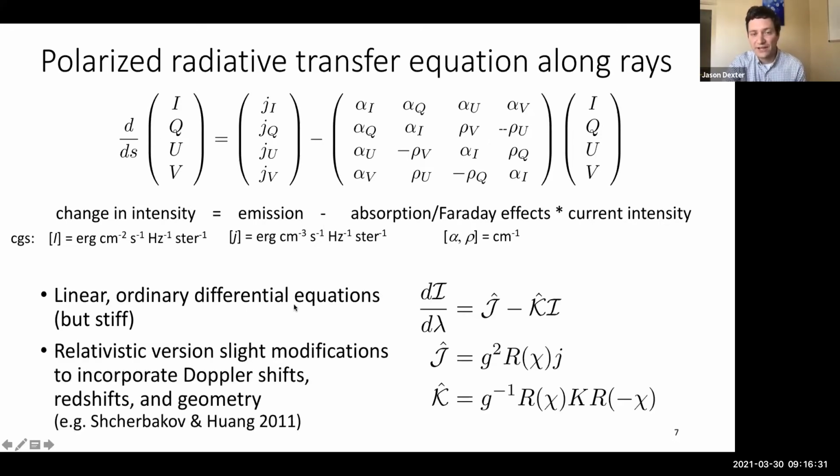Okay, and I'm showing here the relativistic version. I just want to make the point that these are actually only slight modifications to the basic equations that do not change the nature of the equations. But this is one way to write down a formalism for solving these equations that accounts for Doppler shifts and redshifts, using invariant forms of the different J, the emissivities here, and K, this matrix here. This also allows you to take into account the geometry, parallel transport, as well as the geometry of a changing magnetic field direction along the line of sight. But there are lots of ways to do this. This is just one way to write this down, and I just want to make the point that this doesn't change the basic nature of the equations that we solve.